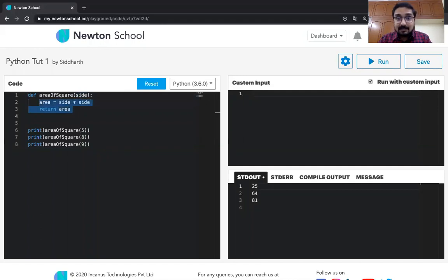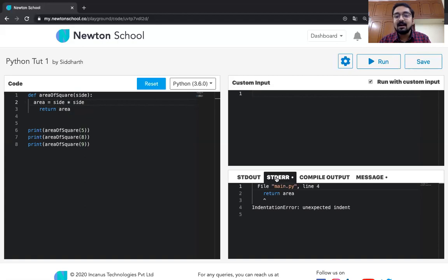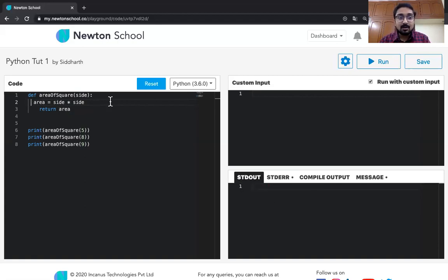Now whatever is inside this needs appropriate spaces or indentation at the start. If you remember the starting part, I talked about blocks of code, and how these blocks of code are grouped together using indentation. Different languages have different ways to group together a piece of code. In Python, you do that by providing the same indentation, or the same space, before the start of each line. In this case, if I were to write this with two spaces first and then four spaces, it won't work. It will give me an error. As you can see over here, it says unexpected indent. So I need to put in proper indentation.